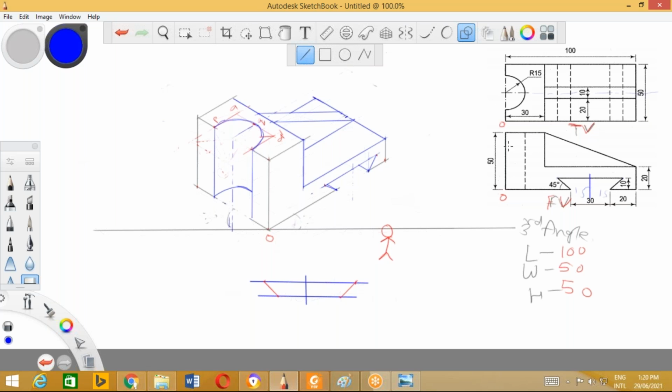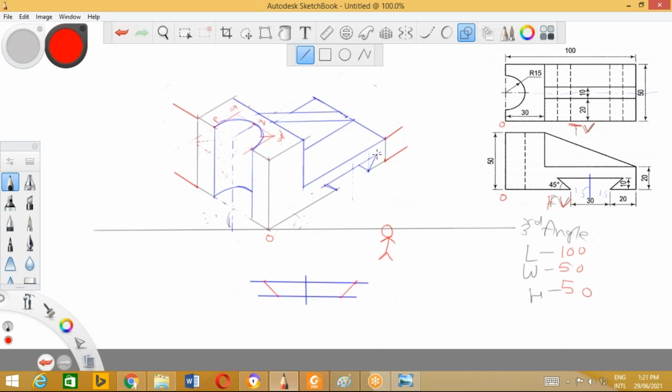You can see in the front view the dimensions are visible like this. So I'll show this like this. Here, draw the dimension line. I'll use a different color. Here it is 20 millimeter.